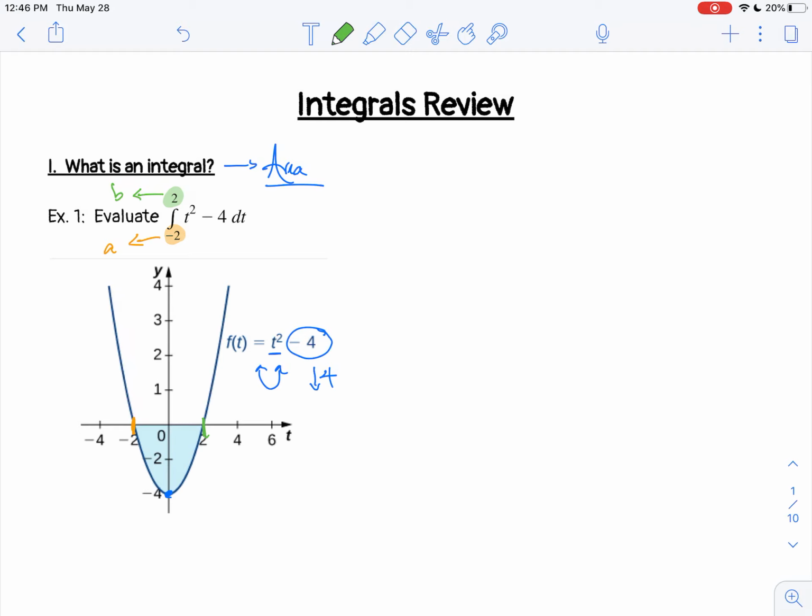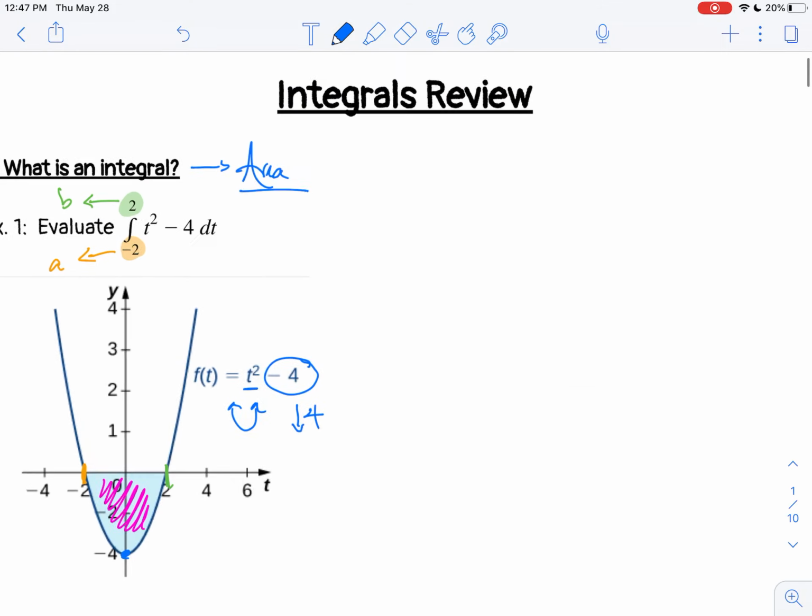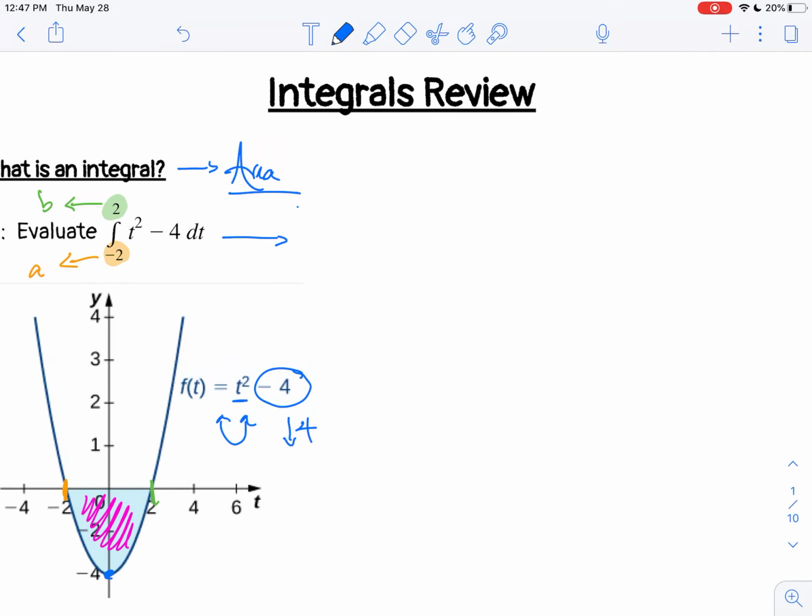Now, they've already shaded in the region that we're looking for, which is this region right here, okay? And that helps us, because when we get to our answer, it will tell us the area of that region, all right? So, let's put this in words before we evaluate. This statement says, find the area